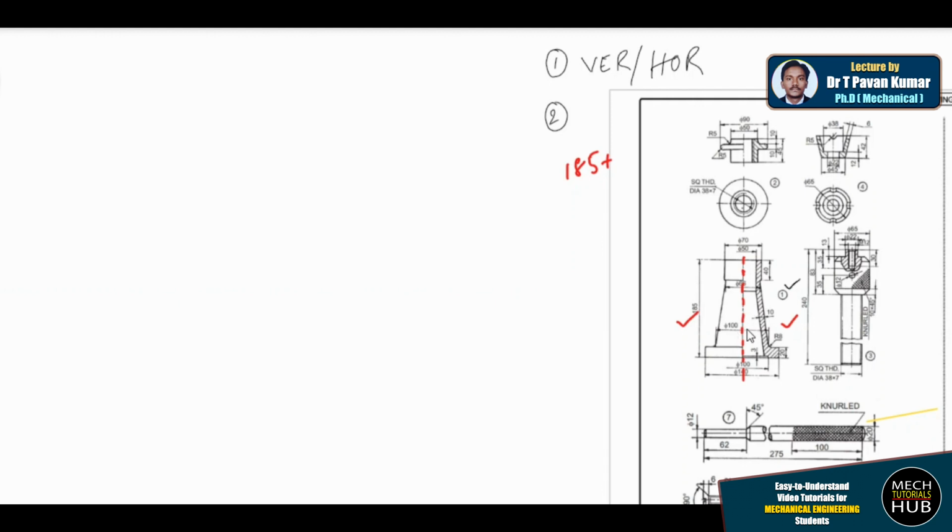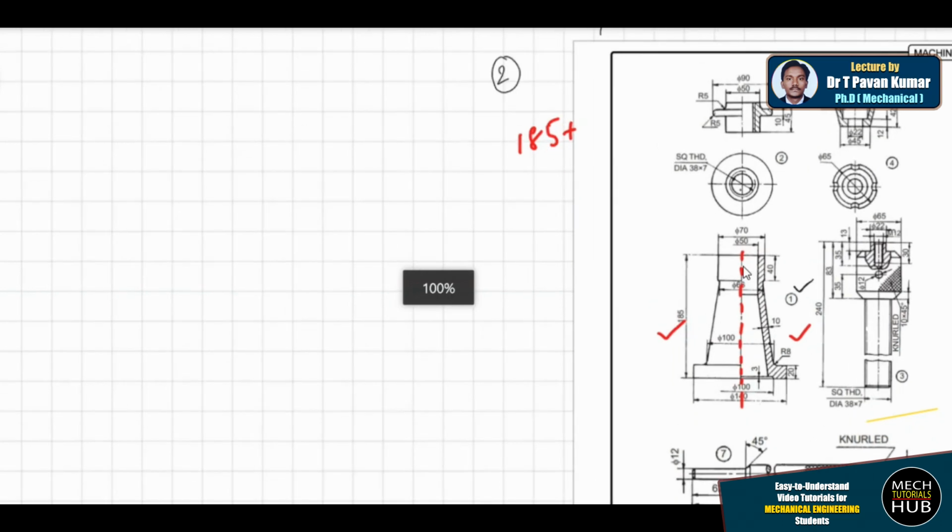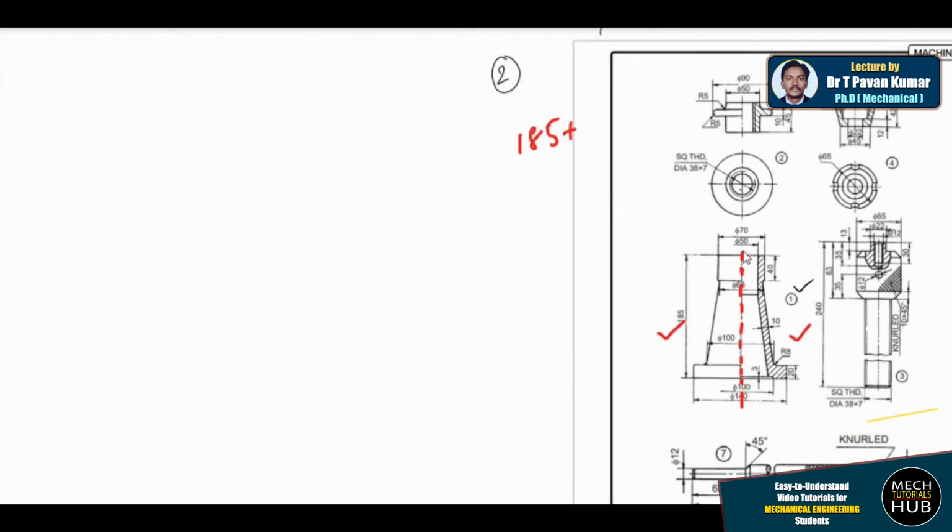In this particular part number 1, there is a circular hole of diameter 50. Here you could see diameter 50, and let me enlarge and show you. This 50 diameter has a depth of 40 mm. So I need to check for the component which maintains these two dimensions.